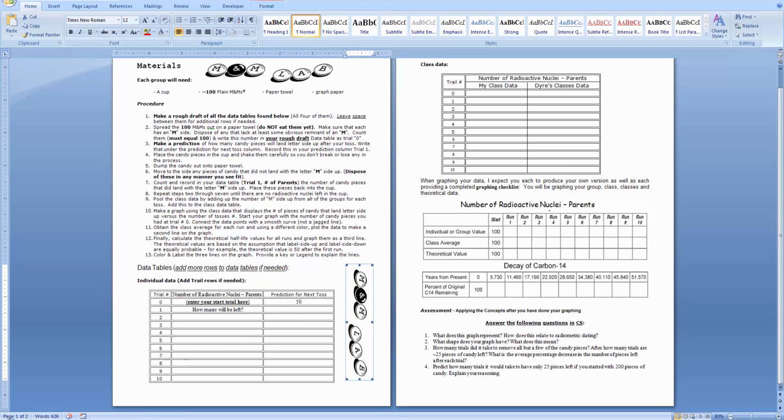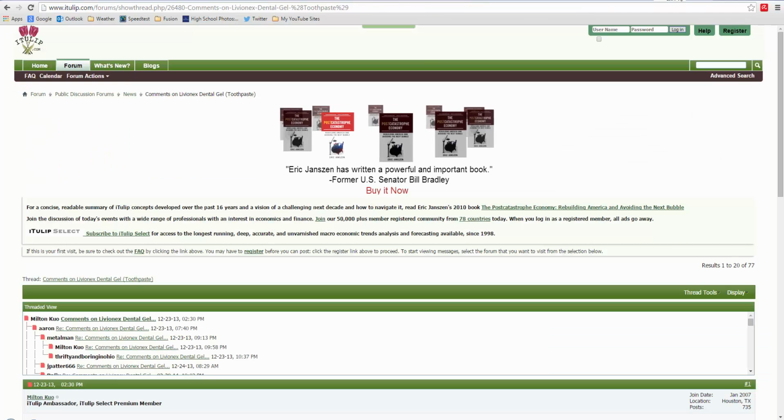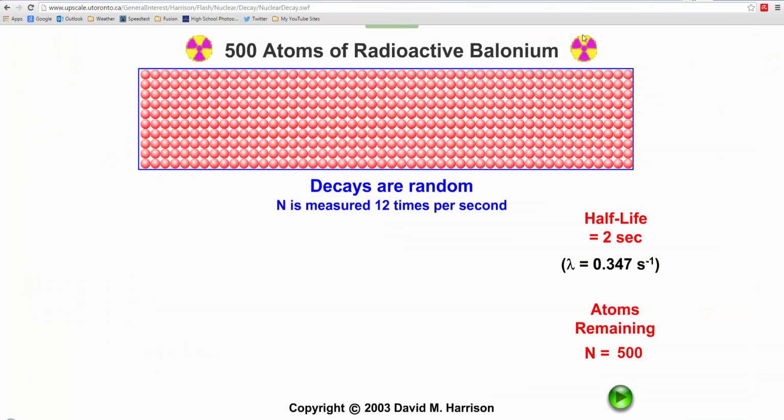Okay, so that graph, that lab, and let me show you one example. If we go into here and take a look at this, this is 500 atoms of radioactive polonium. This is a fictitious atom, but basically we have 500 atoms in here, and we're going to graph it. It has a half-life of 2 seconds, and right now we have 500 remaining. So if I push play,